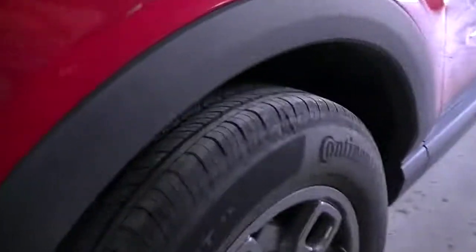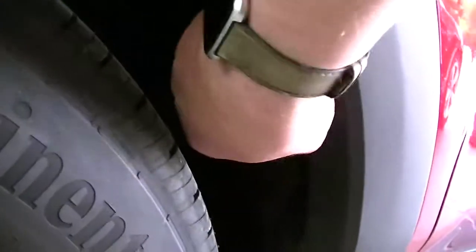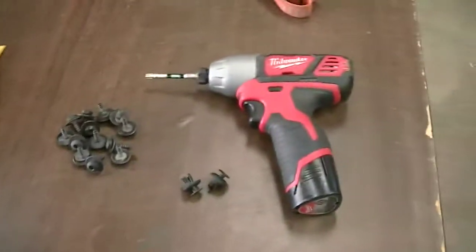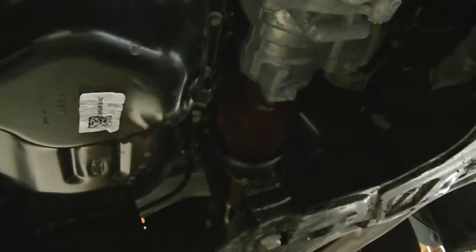I didn't notice this before, but the inner fenders are kind of that same. It's kind of hard to see, I guess, but they're like felt rather than plastic. I just think that's going to probably rust things up pretty quick, but oh well. Got a bunch of torque screws, a couple push pins. That's what I use to take them off. And then underneath here, right there is your plug for the oil pan, and pretty much right behind it,